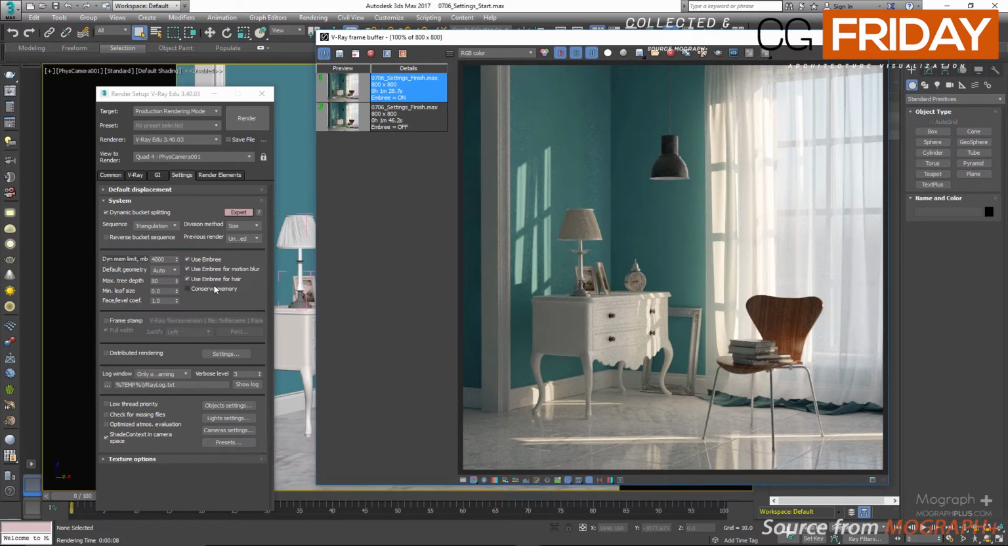Next, use Embree for motion blur and hair, which determines whether to use Embree in calculating motion blur and hair strands or not. And we have conserve memory. If enabled, Embree will use a more compact method for storing triangles, which might be slightly slower but reduces memory usage. Next, we have the frame stamp section, and if I